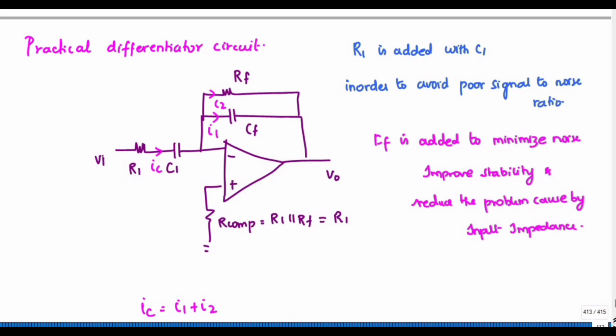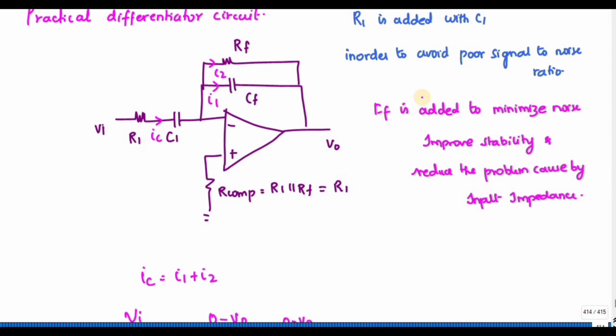So in this video, we discuss the practical differentiator circuit. Compared to the ideal differentiator circuit, you can see I have added R1 and CF capacitors, right? This R1 is added in series with C1 in order to avoid the poor signal to noise ratio, and CF is added in parallel with RF to minimize the noise, improve the stability, and reduce problems due to the input impedance. So let us now discuss applying the